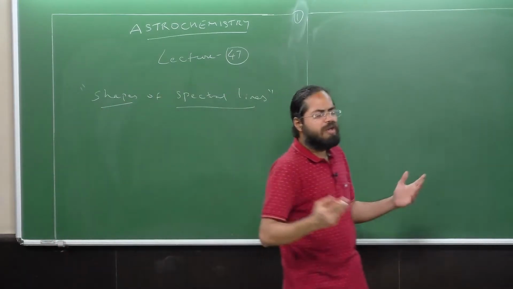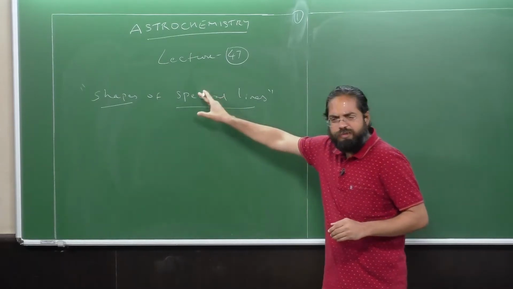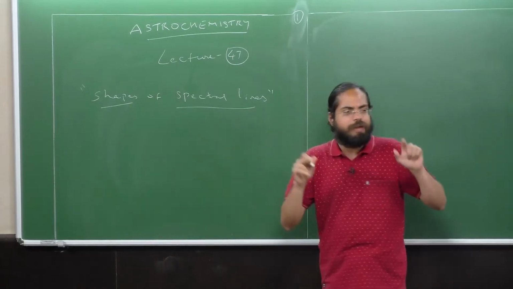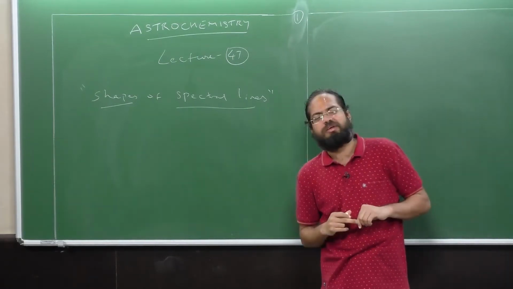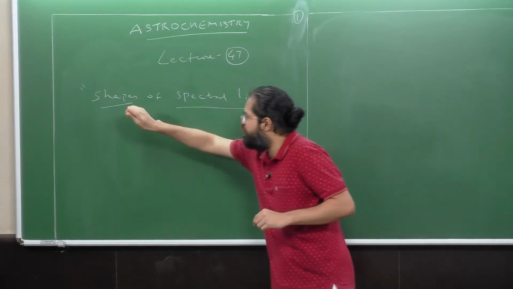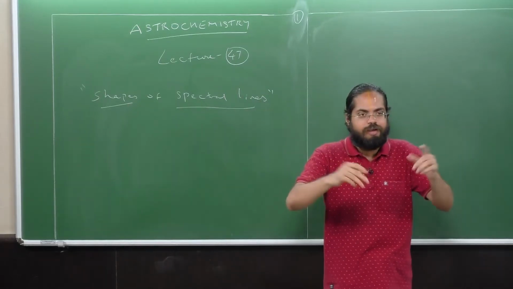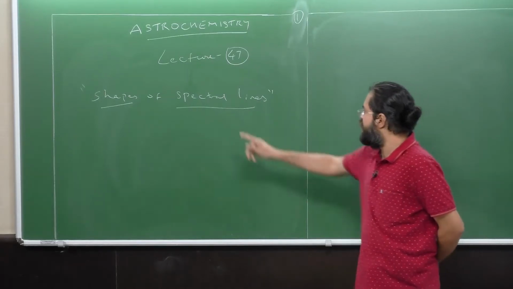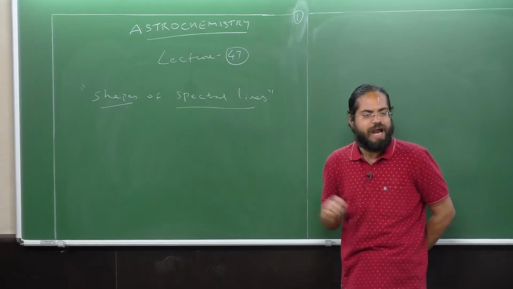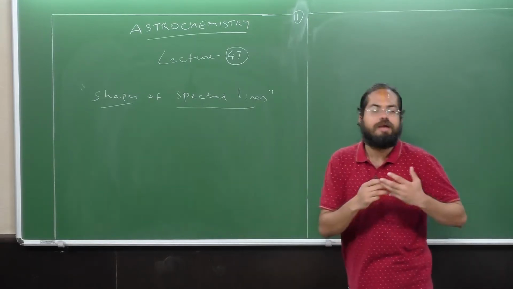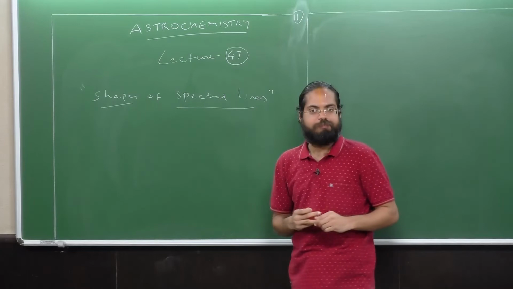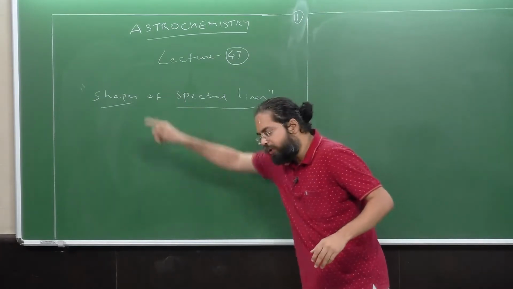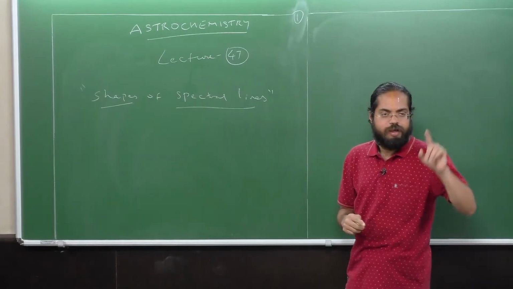Now you may be wondering, this sentence itself might not make much sense. I've already told you that it's a spectral line, right? So what do you mean by the shape of a spectral line? It's already a line, and a line is already a shape. So what do I mean by the shape of something which is already a line? And of course, the big question: why care about this in the context of astrochemistry? These are the two questions we shall be addressing, followed by actually talking about the shapes of the spectral lines themselves.